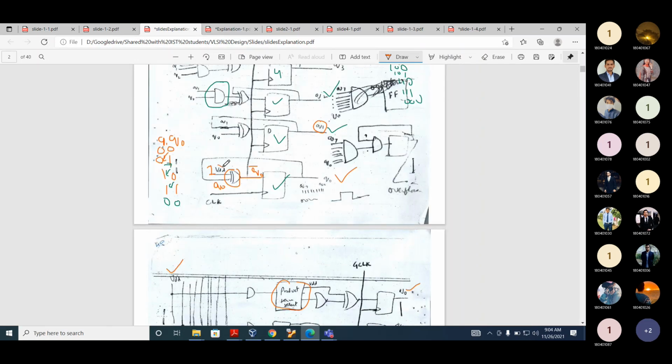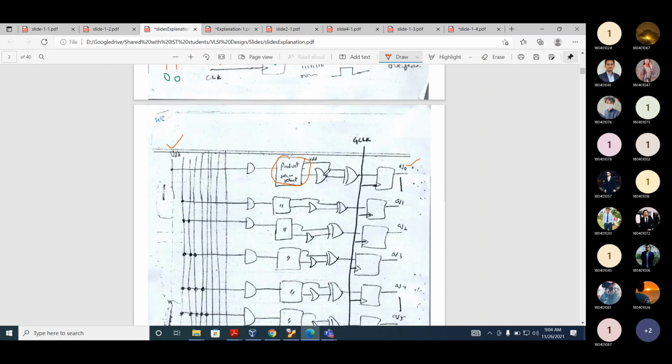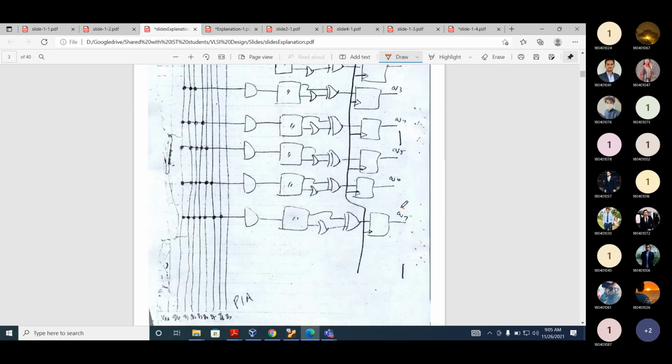Because VDD will be coming from the product sum select. Now we have an OR term, and now we can implement this. So actually, this is Q0, and the function that will be implemented will be Q0 bar at this point instead.